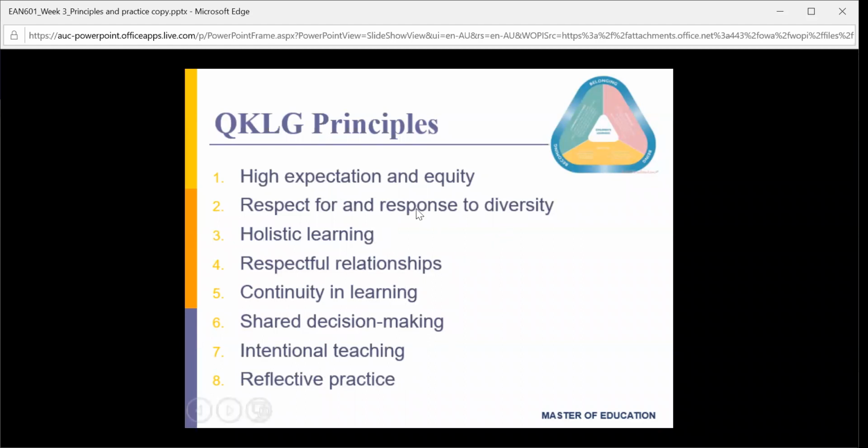I think it really does mention more that holistic approach to learning. So children learning and developing in interconnected ways. And I guess respect for and response to diversity is still there, shared decision making, but it actually pulls out as one of the principles intentional teaching. And I think if this is something that you're very serious about in terms of early childhood practice within those early years programs, I would definitely have a look at what they're saying about intentional teaching